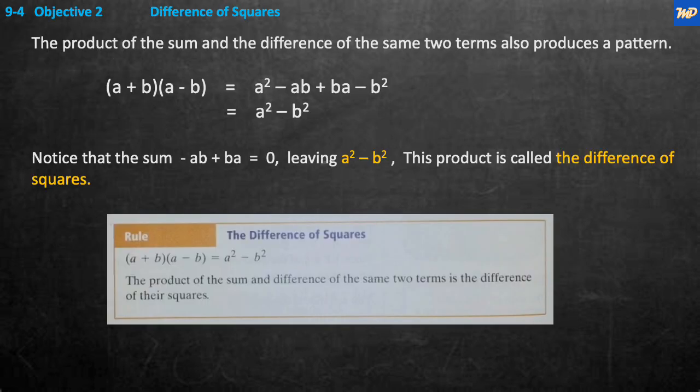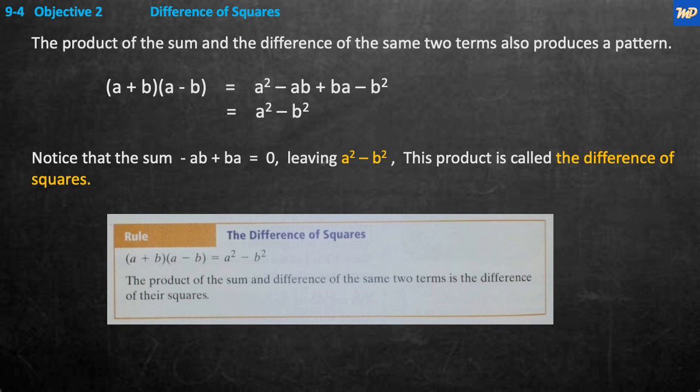Okay, objective 2, the difference of squares. It's a new thought for us here. The product of the sum and the difference of the same two terms also produces a pattern. So if you say a plus b times a minus b, that's the product of the sum and the difference, right? The sum and the difference. And that equals a squared